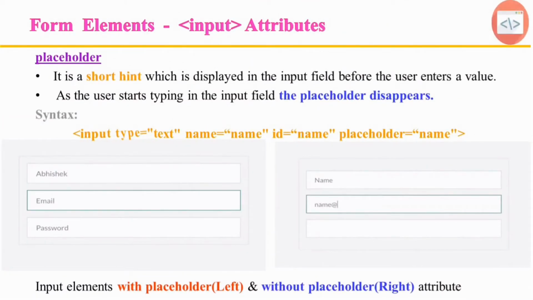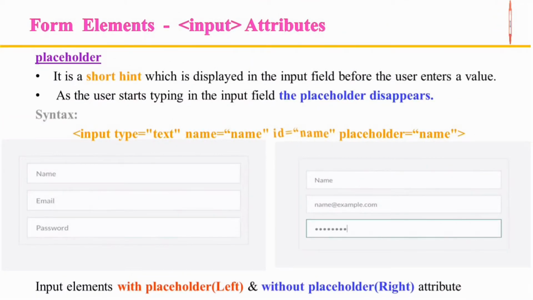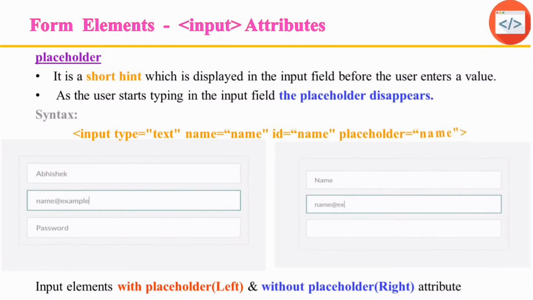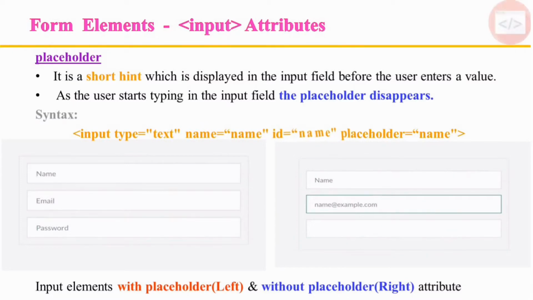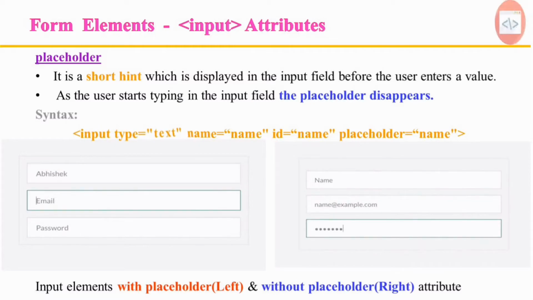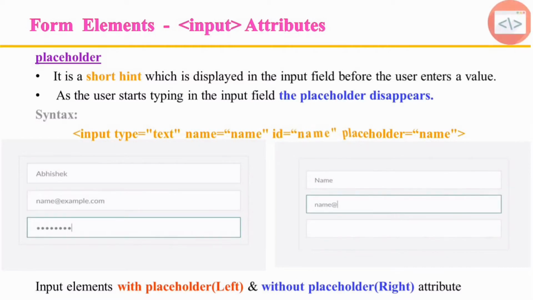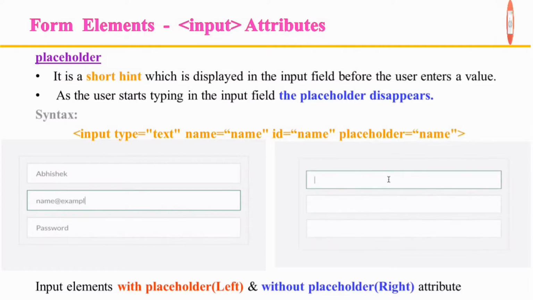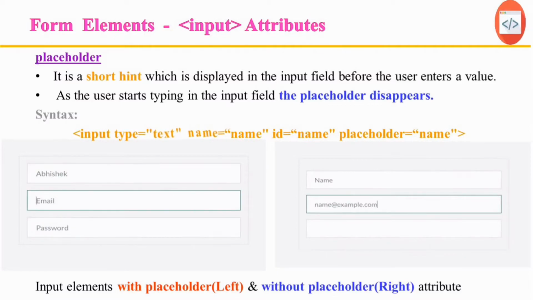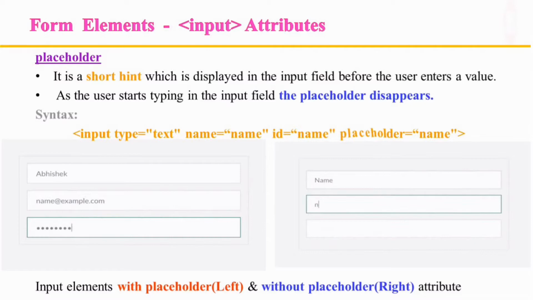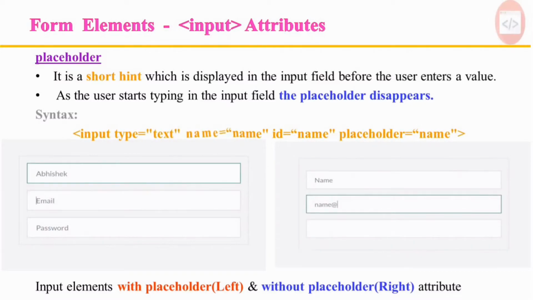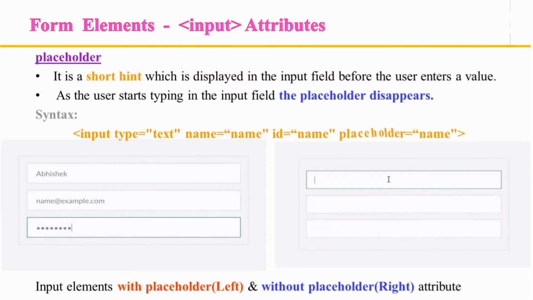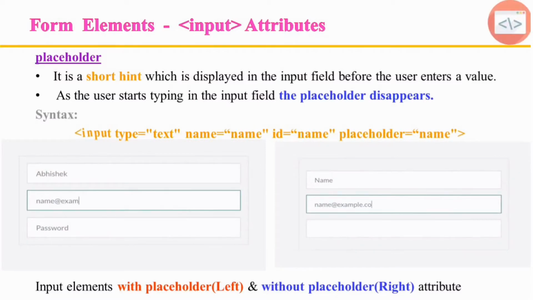The optional placeholder attribute is a new feature in HTML5. The placeholder attribute specifies a short hint that describes the expected value of an input field or text area. The short hint is displayed in the field before the user enters the value. And here is a syntax to implement the placeholder attribute. The hint text will appear as gray text inside the field, and the text will disappear when the user selects the field to enter text. Here is an example. You can make the input be of type email, text, or password. All of them show slightly different behavior, which is shown here.